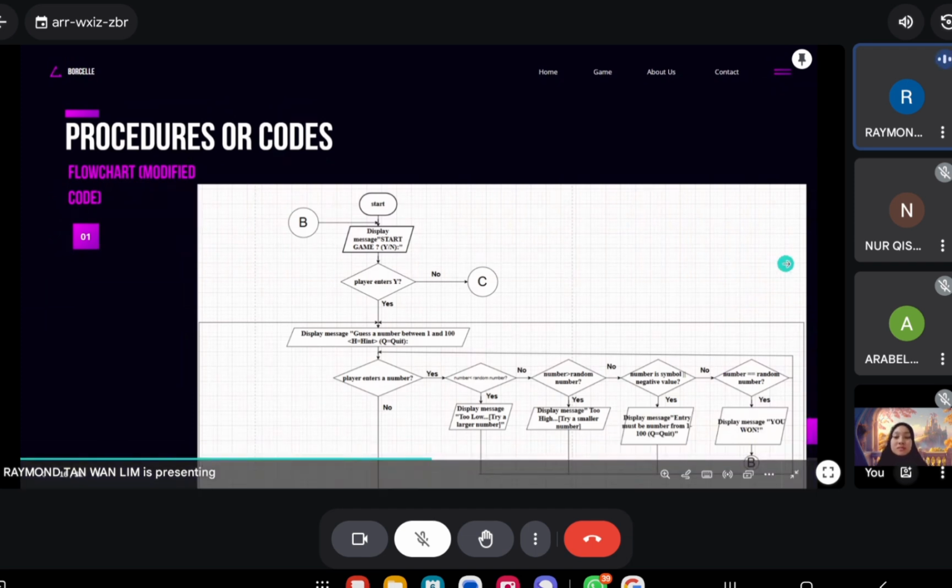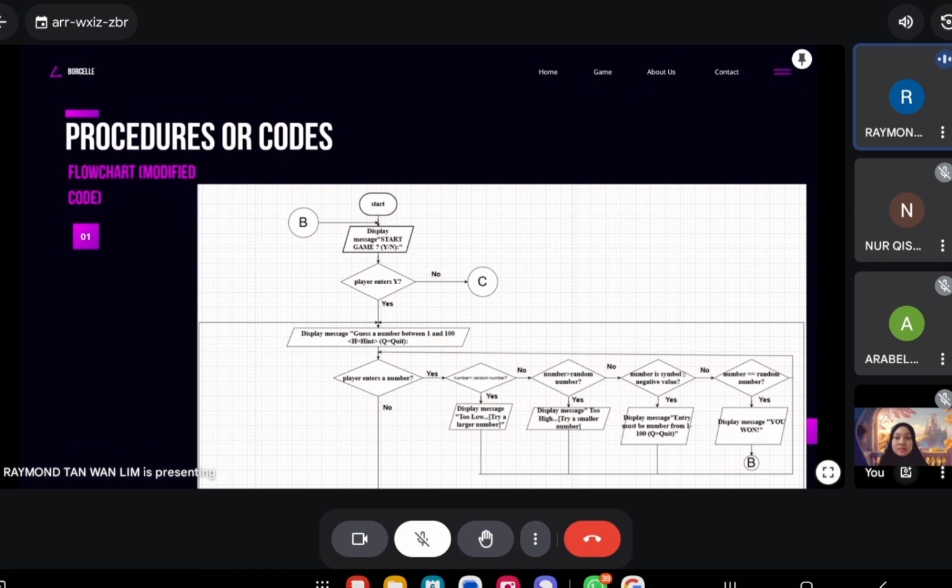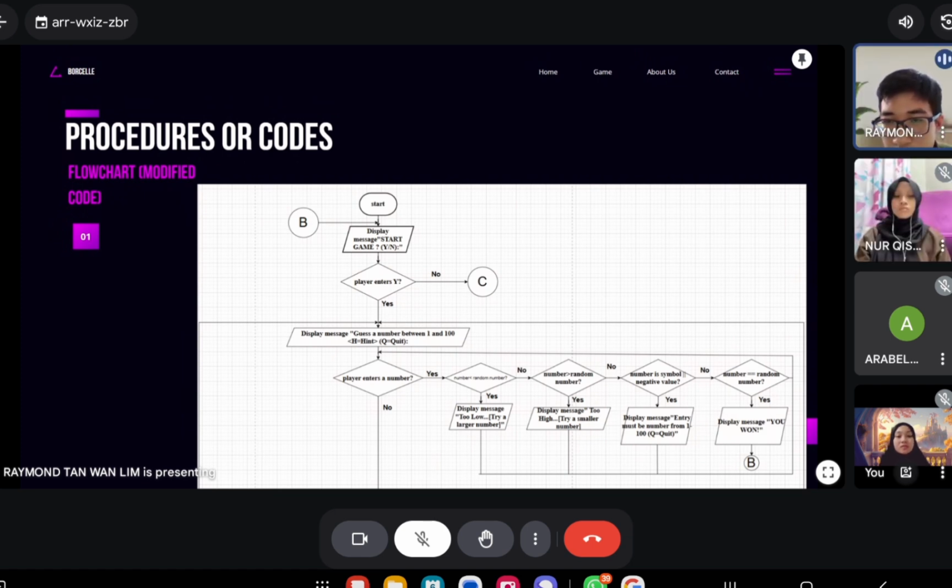If the player enters a number and the number is smaller than the random number, it will display the message too low. If the number is bigger than the random number, it will display the message too high. If the number entered by the user is a symbol or a negative value, then it will display the message entry must be number